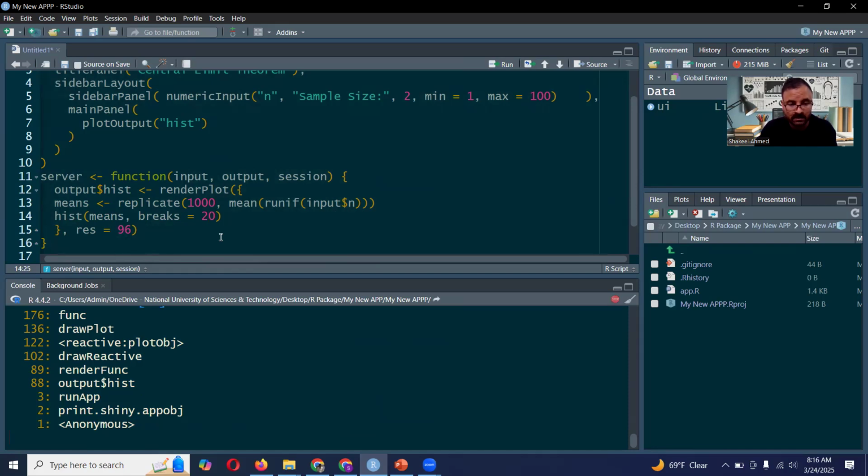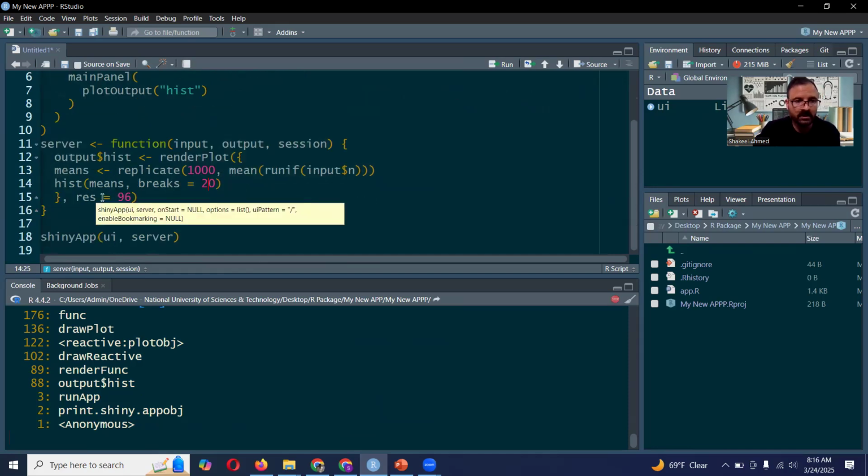If you change the breaks, you will get a different number of bins. And then res = 96 means you will get the same histogram as if you just run the histogram code in RStudio. You will get the same thing as if you run it in RStudio. So this is just an interactive plot